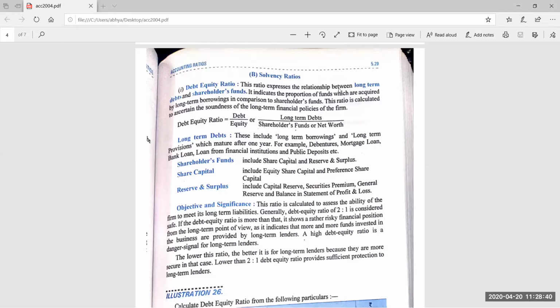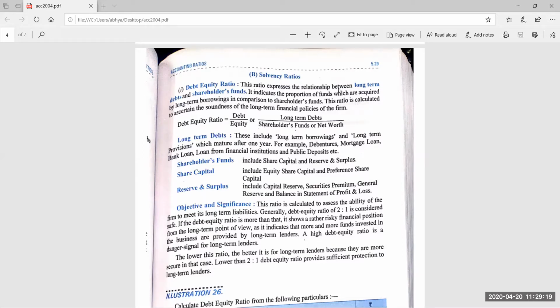So, money received against share warrants. 3 subheads were there in equity: share capital, reserve and surplus, and money received against share warrants. And there also I told you that money received against share warrants will not be considered for numerical chapters. It is just a theoretical topic. So shareholder fund here means only the 2 heads: share capital plus reserve and surplus. All these things will be given in the question. You have to just add them, and find out the 2 terms: long-term borrowings or non-current liability, and shareholder fund. Then you have to put the values in the formula and find out the answer.